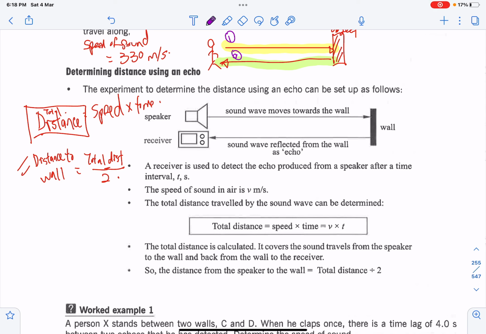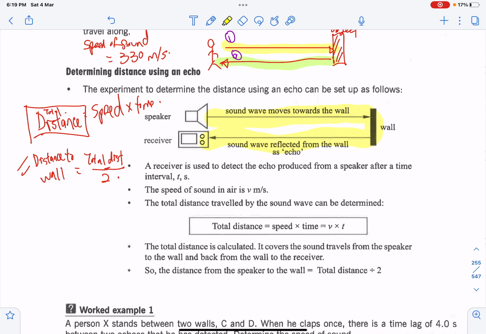So in that sense, if you don't know the formula for echo distance, then you have an issue already. You realize that you are lowering the net too low and not deep enough. Okay, so a receiver is used to detect the echo present, and so that's why you could see that the total distance is actually sound moving towards the wall and then reflecting back. So in this